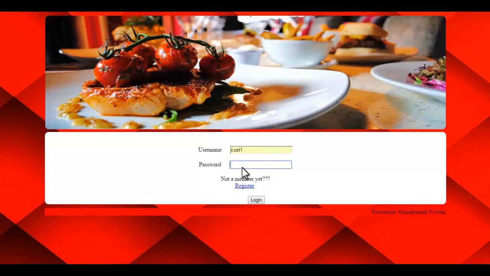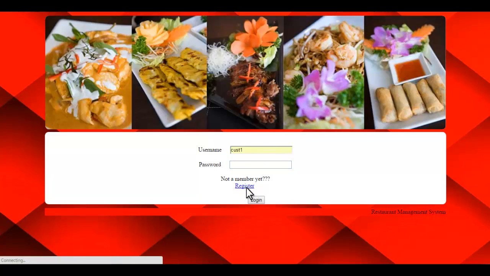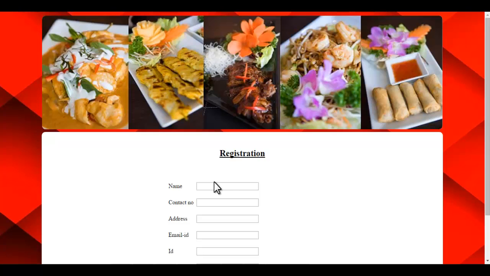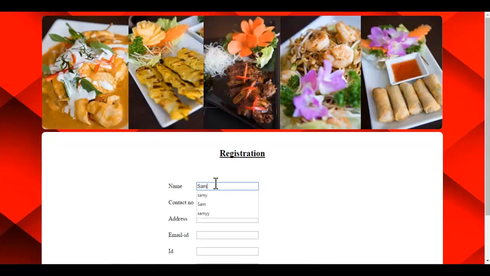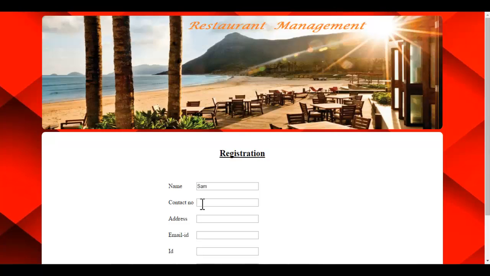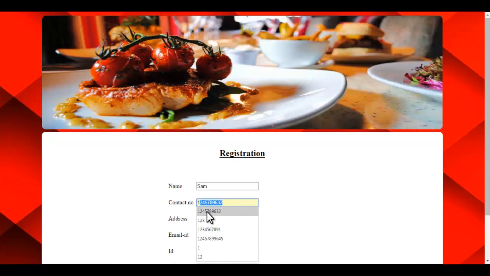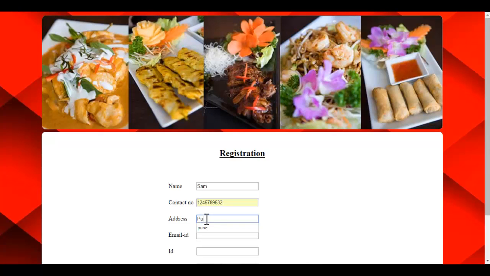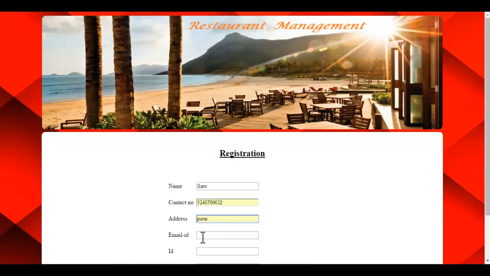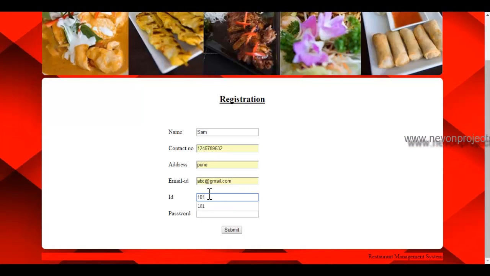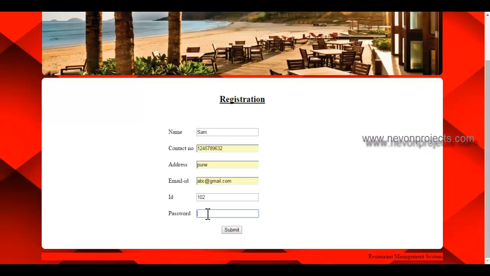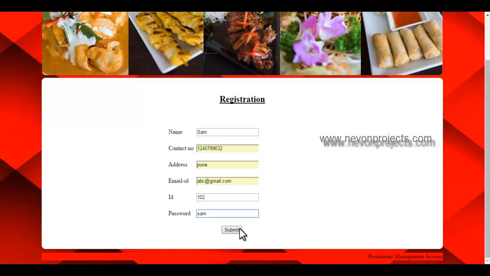Here, if the customer is not registered, just click on register, and you can register by filling in the following information. Contact number, then address, the ID, so 102 I want to keep, and then the password, I'm giving the same as my name.